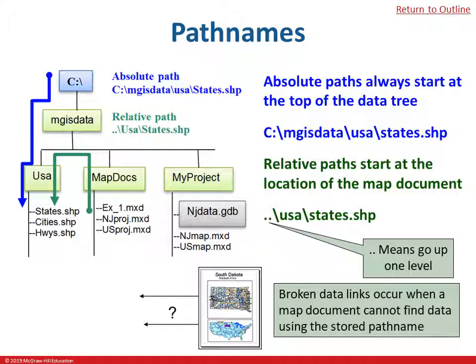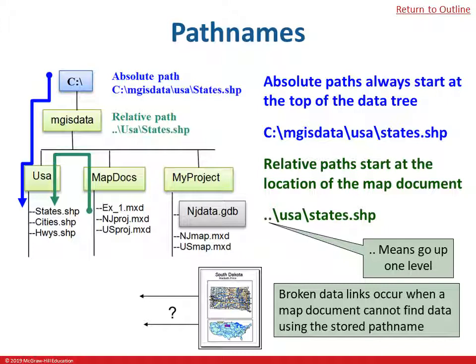Well, if you have an absolute pathway, the moment you move anything, they're all going to be severed. Now, if you use relative pathways, as long as your data is in the same folder as your map document, it'll find it, as long as you move all of it together. Okay? You say, well, what if I move it all together? Will the absolute not work if it's still together? No. Because the moment you change computers, or you change C drives, or maybe it's not in the MGIS data folder anymore, the moment you alter anything on that absolute pathway,